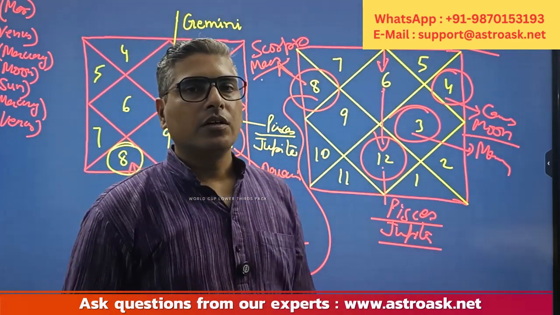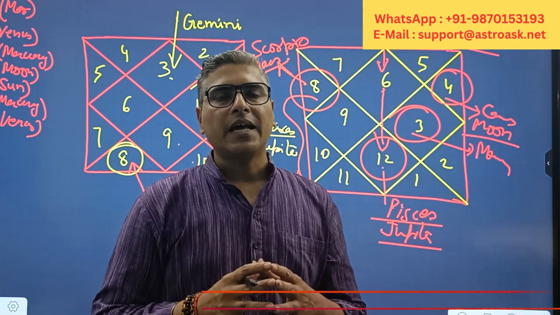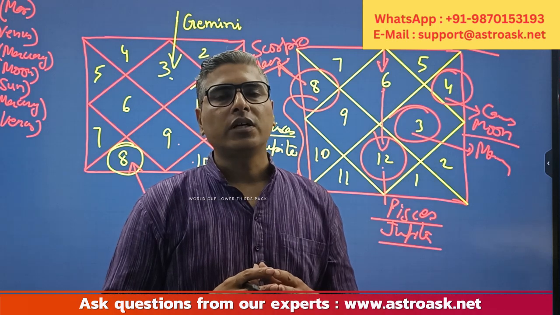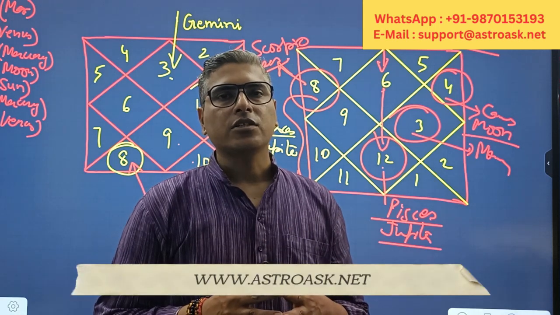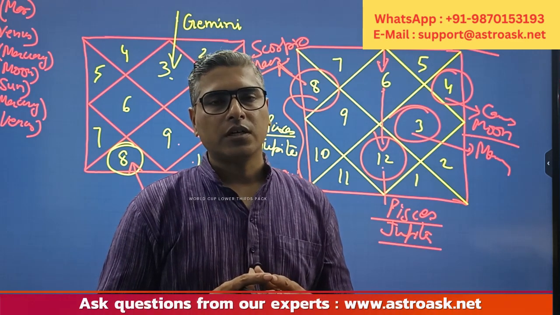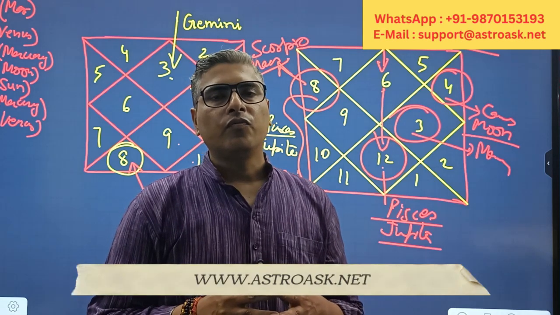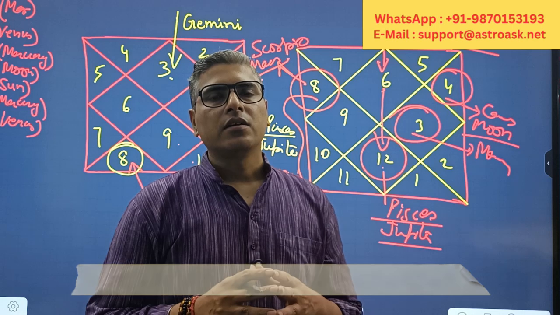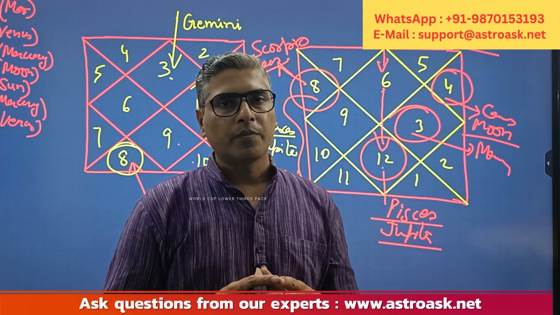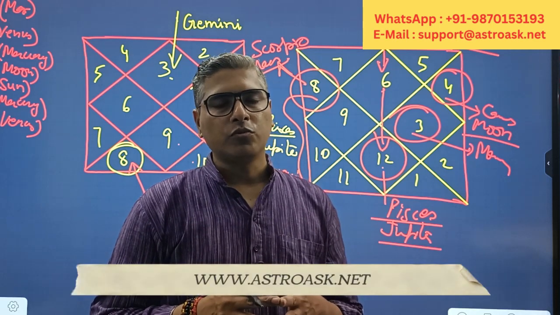So I think the concept of numbers and which planet these numbers belong to is now clear to you. What I'll do now, I will make two different birth charts and ask you certain questions on the basis of those charts in the comment section, like which is the first house, second house, third house. I will also ask you a few questions about who is the lord of some houses, maybe the first house, 8th house, 9th house, like that. So you can give those answers in the comment section. That will be more fruitful and more useful to you.